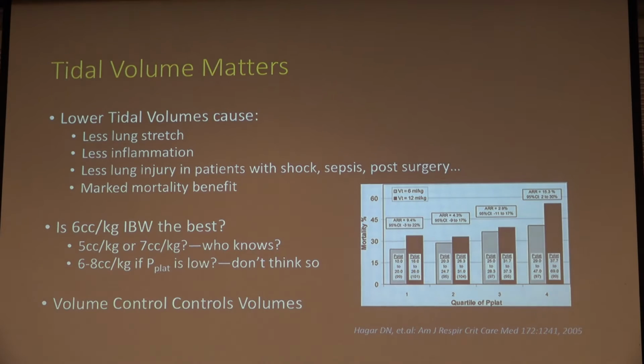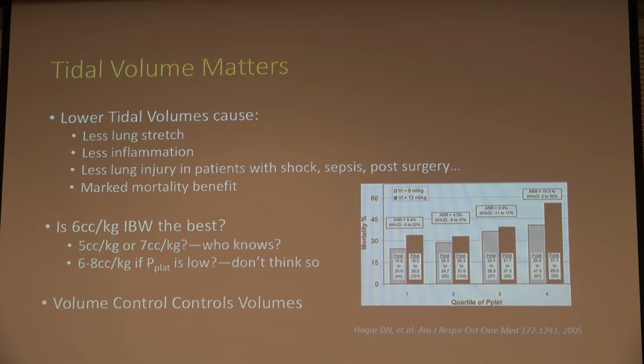So, again, what we know, lower tidal volumes cause less lung stretch. They're going to cause less lung inflammation and subsequently less lung injury in patients, particularly those with shock, those with sepsis, post-operative patients, also another important subgroup of patients with a marked mortality benefit when we use low tidal volume ventilation. So a question that needs to be asked is, well, is 6 cc's per kilogram of ideal body weight